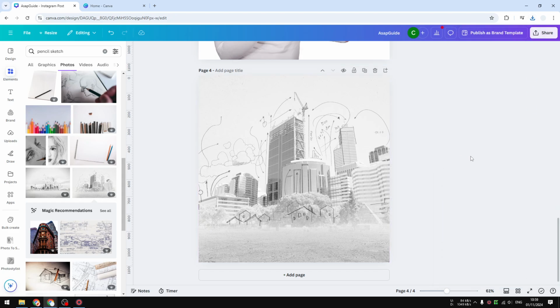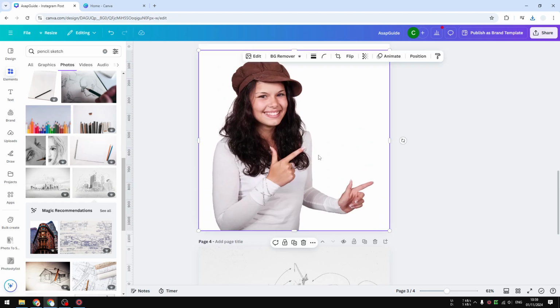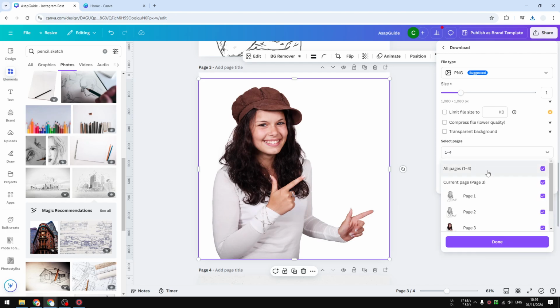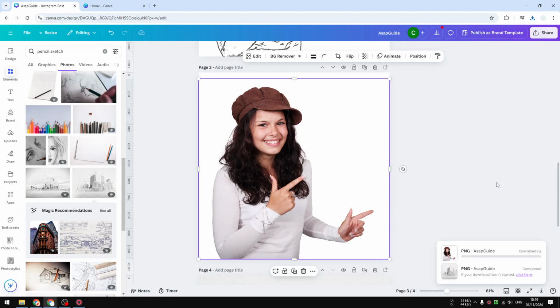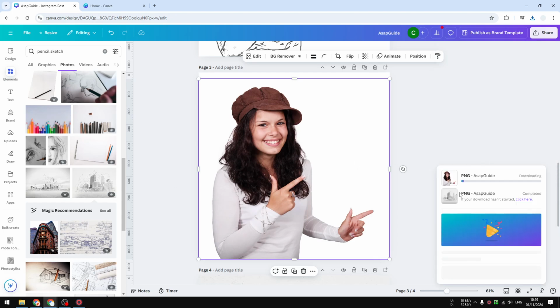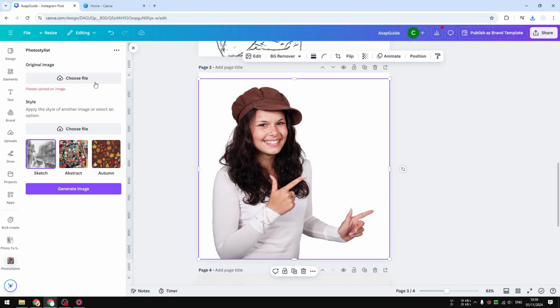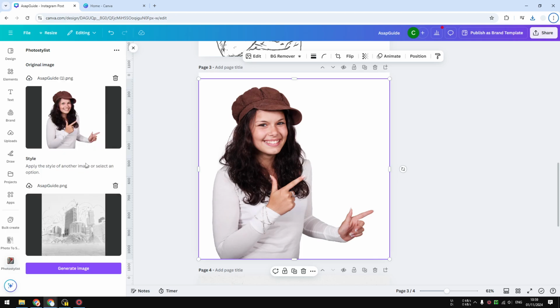Okay, we are not done yet. We have to download this photo as well. So I have to click share, download, and just the page number 3, done, and click download. Okay, now the photos have been downloaded. We can go back to Photo Stylist, and we can upload our photo and the style that we want to copy. All right, I have uploaded